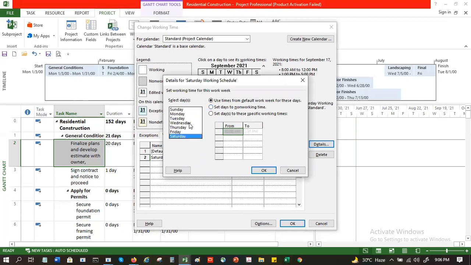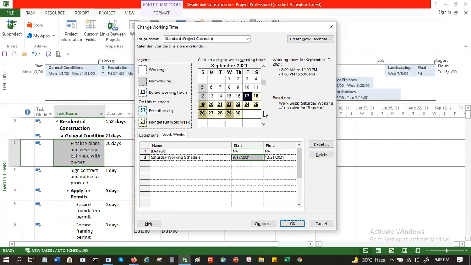I can also do it so that Wednesday is a working day, and I can now set Wednesday to holidays. That is like an exception. So all these Wednesdays will become a holiday, which is an exception, till the 31st of December. After that, it's again back to the normal schedule.